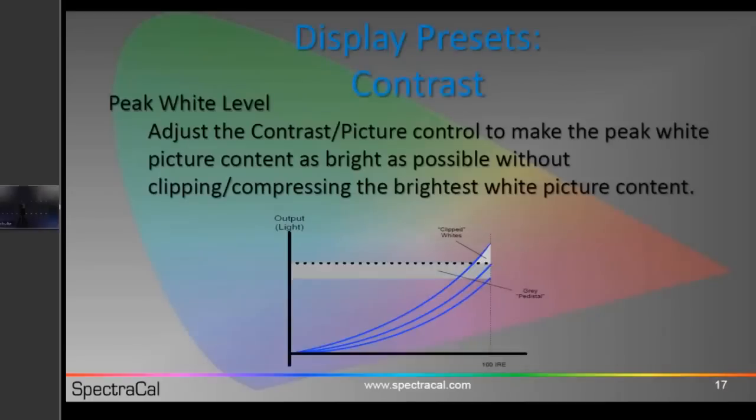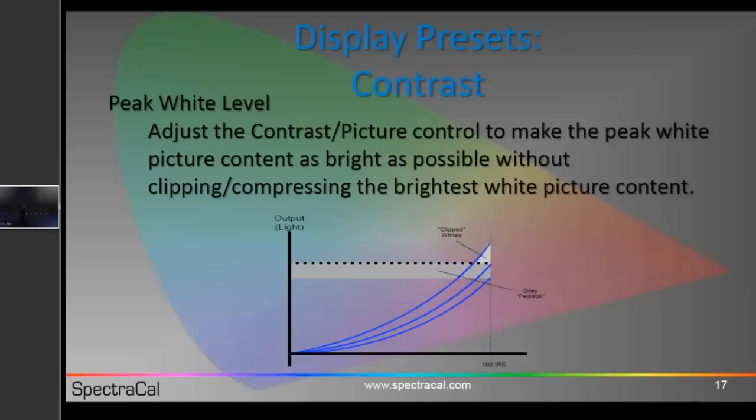Next in our adjustment is the peak white level. We'll set that with the contrast control. The idea here is that we want to give ourselves as much dynamic range in the picture processing circuits as possible. We want to make the peak white picture content as bright as possible without clipping or compressing that bright white picture content. And so, for instance, if we had an outdoor scene with a bunch of fluffy clouds in